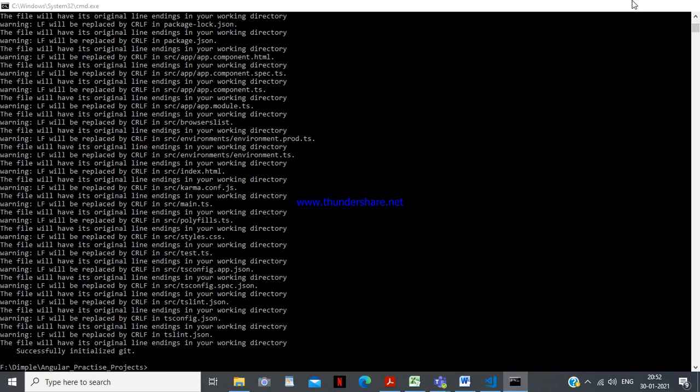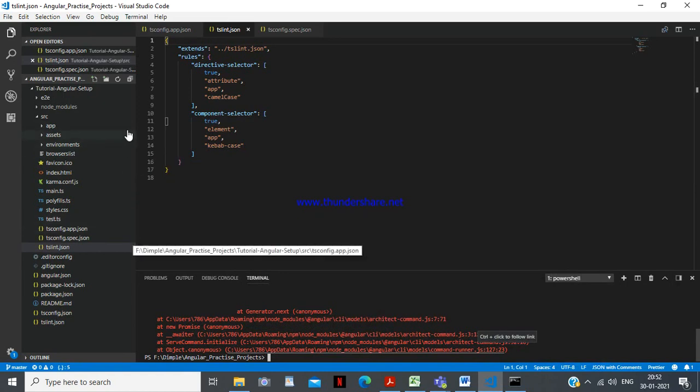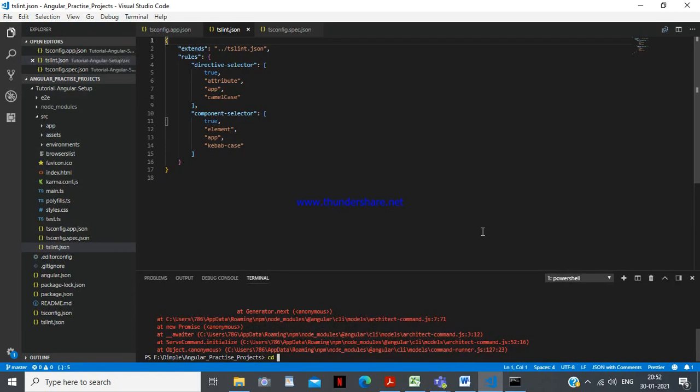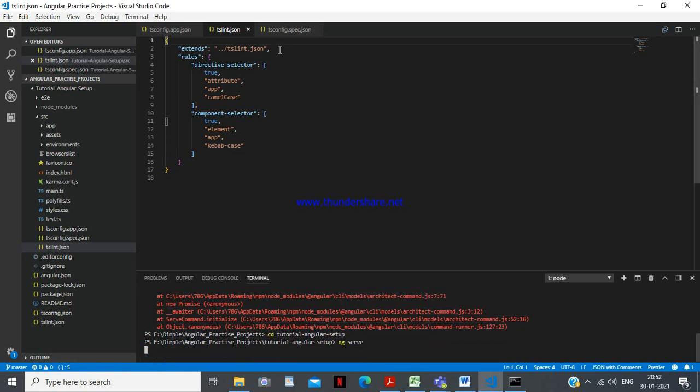Okay, understood. So we have to go to the project folder. You have to go inside the tutorial Angular setup app. Now you can give the command ng serve. Why is it like this?